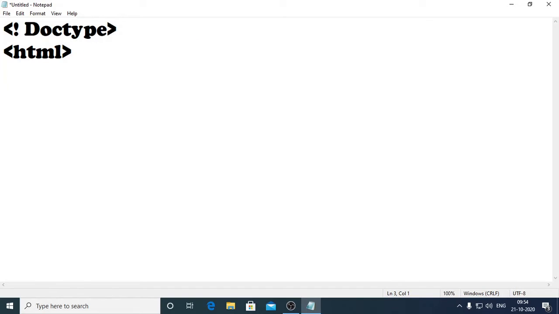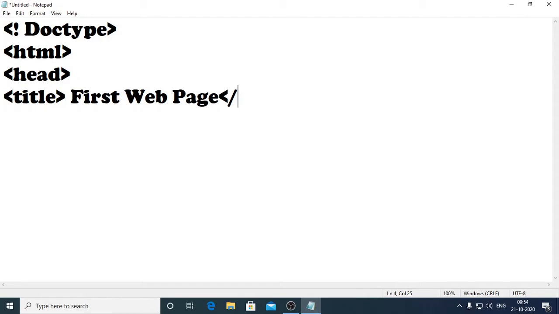As I told you, a web page has two sections, head and body. The first is the head section. Into the head section, it has a title. If you could see my mouse movement here, you need to have some title for the document. The title that should appear on your browser window has to be written in the title tag. Let us say the title is first web page.